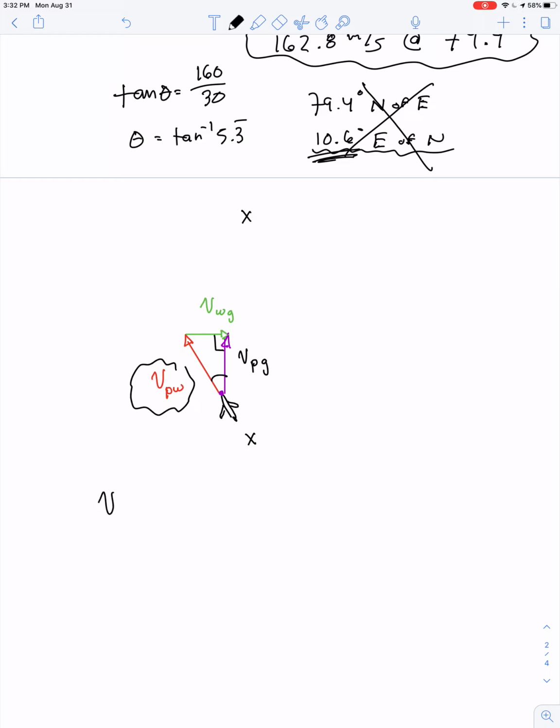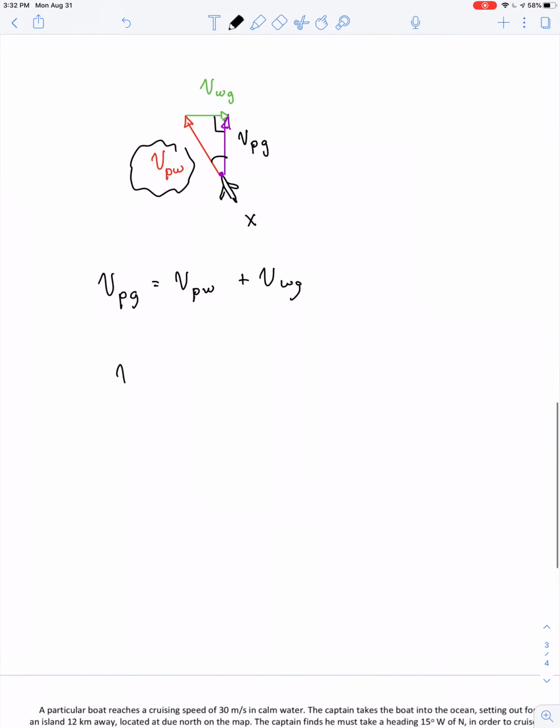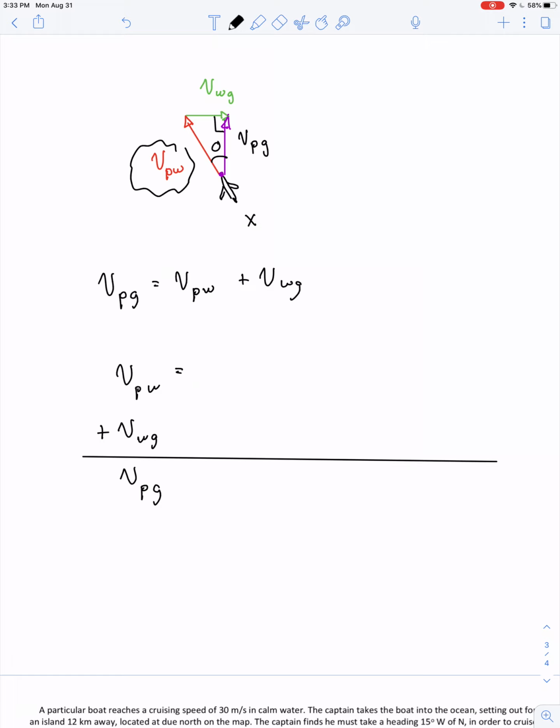Well, again, the Galilean transformation. The velocity of the plane with respect to the ground is the velocity of the plane with respect to the wind, plus the velocity of the wind with respect to the ground. So let's try to state the velocity of the plane with respect to the wind, the velocity of the wind with respect to the ground, and then just know that when we add these together, that'll give us the velocity of the plane with respect to the ground. So the velocity of the plane with respect to the wind, well, gosh, if we knew what this angle was, see, that's what we're trying to solve for, but if we knew what it was,